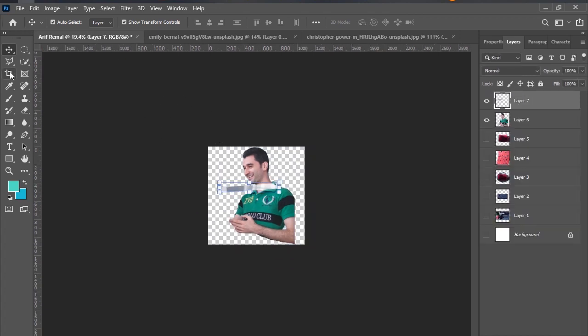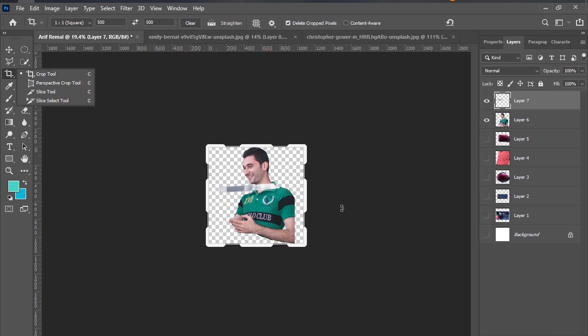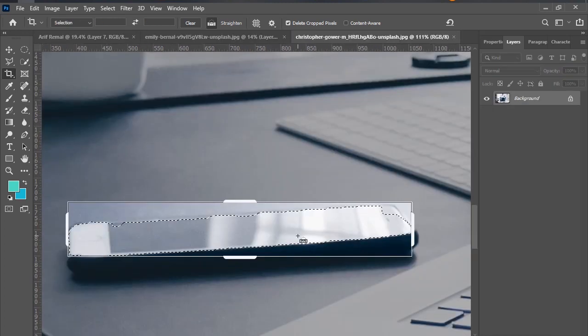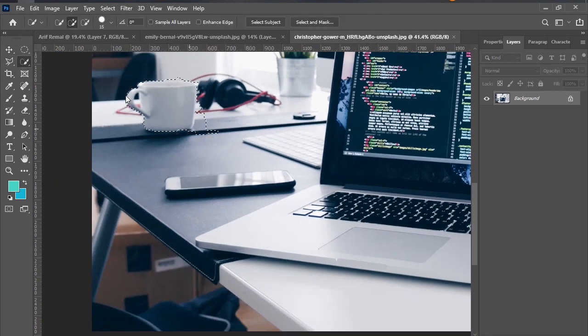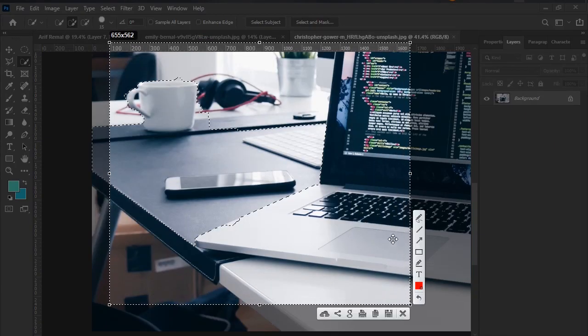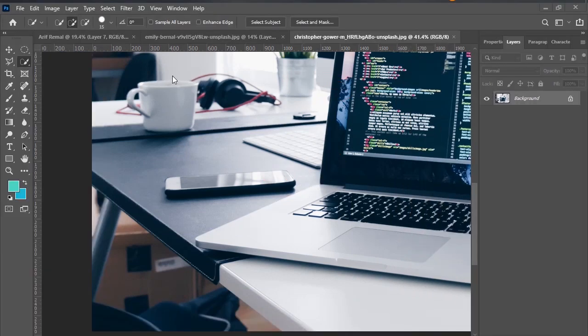This is quick selection tools, and the next one is crop tools. If you want to crop your image, Control D. Okay. Let's say you are selecting some area. Now you want to deselect this area. Look at this. As you can see here, this is the selected area. So if you want to deselect this one,